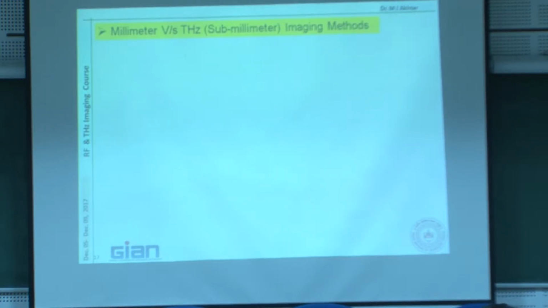Now, so far that was just the background, and you have seen, especially from the practical point of view, what all things you need for this. Before I go to that, let's see that all the things I have explained are valid for RF, millimeter wave, microwave, terahertz, because you cannot say anything is only for microwave or only for terahertz. The concepts are the same, whatever you want to do, except for